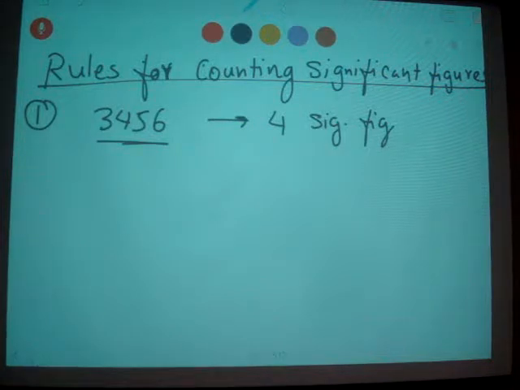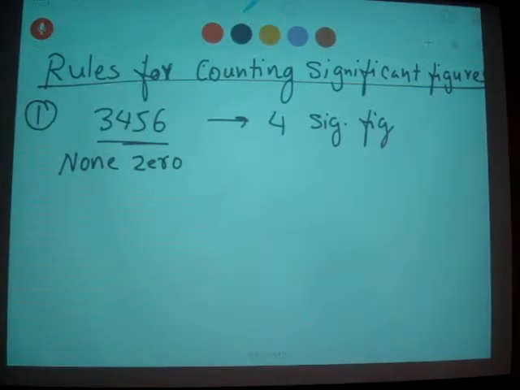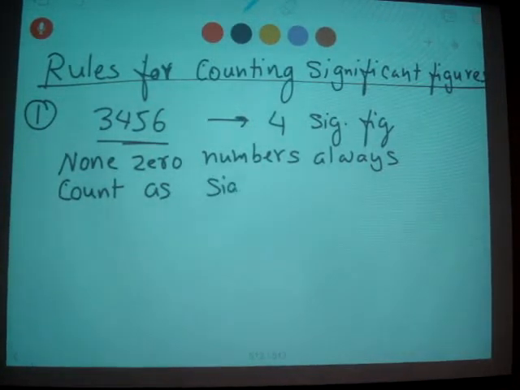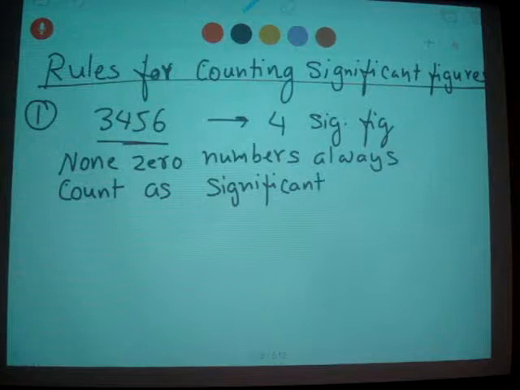We can say non-zero integers or numbers always count as significant figures. That's the first rule. If there are no zeros, you count all of them. Okay? Now,